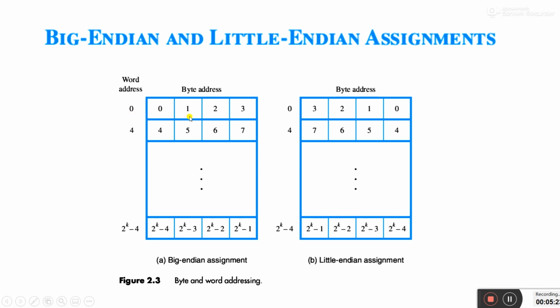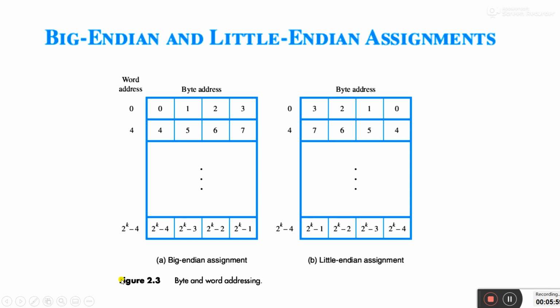One is starting from 0 to 3, 0, 1, 2, 3, 4, 5, 6, 7, and so raised power, so it will be in the range of 2 raised power k minus 1, and another is 0 to 2 raised power k minus 4. So it is my operation, it is my way of assignment of the data in a device in a memory basically. So you may understand it. You can see how the data is stored in a memory system.